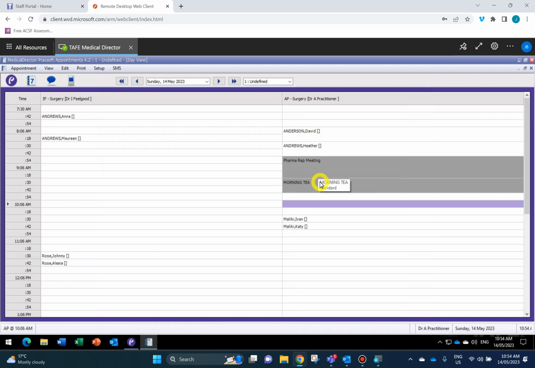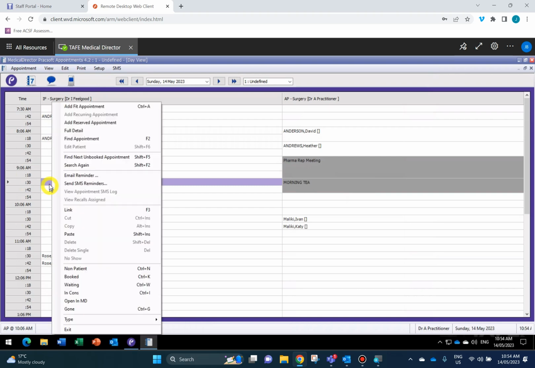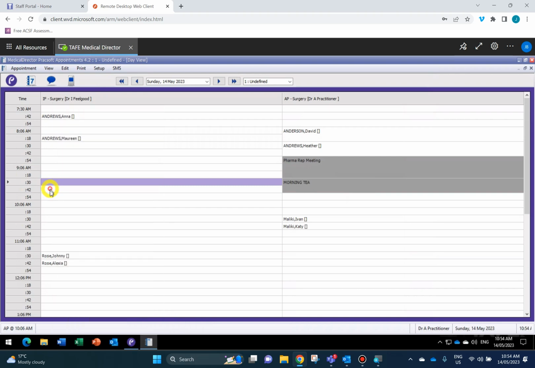Okay, so the next one is I've got another patient appointment. So Dr. IF is performing a procedure on Jennifer Andrews and her appointment time is at 9:30 and we'll take 3 appointment slots. So I've got 9:30, 3 appointment slots. So it's going to be 36 minutes in duration, and this is where I'm going to type in the patient's surname. So this is Jennifer Andrews. So I'm going to do Andrews and